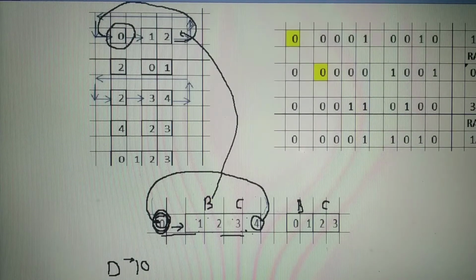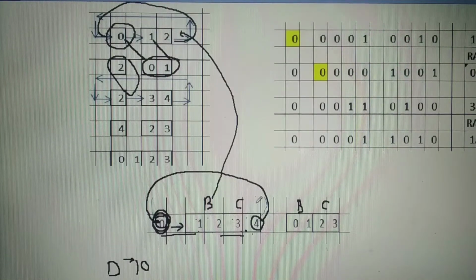When you rotate towards right, the 2 goes to the carry, 0 goes to the most significant digit position, and 1 goes to the least significant digit position. That means in B you will get number 01.